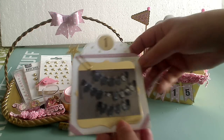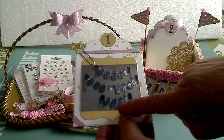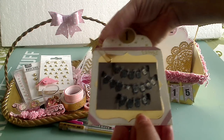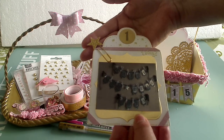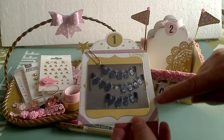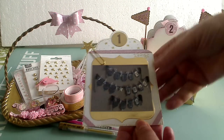Since it was New Year's, I put my banner that I created for Diemond Dies. I took a picture and used that here. And I made this little paper clip. I added the star onto it. On this particular card, I chose just to do some stitch lines along the outside with my gold pen, and